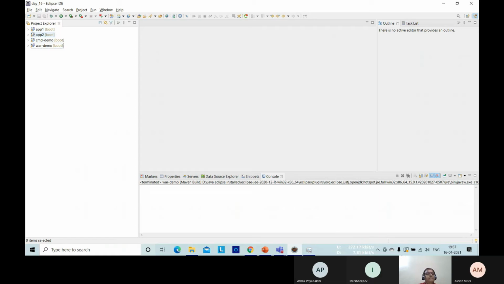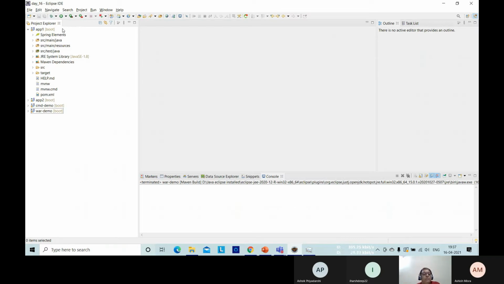Now, as usual, one thing to remember: these are the two applications which will run concurrently. Because in microservices, what did we see? We break one large application into smaller individual applications. Every application should run in parallel, guys. So by default we know that when we run our applications it will occupy port 8080.